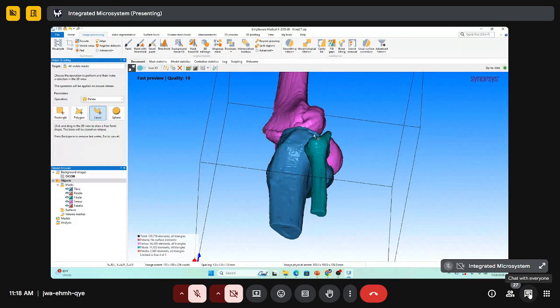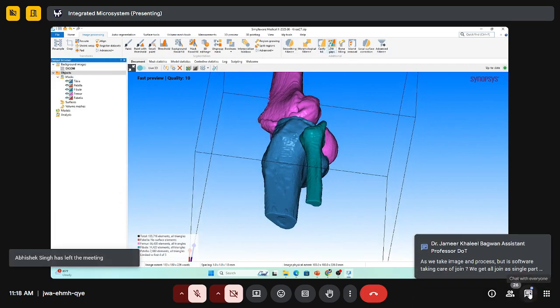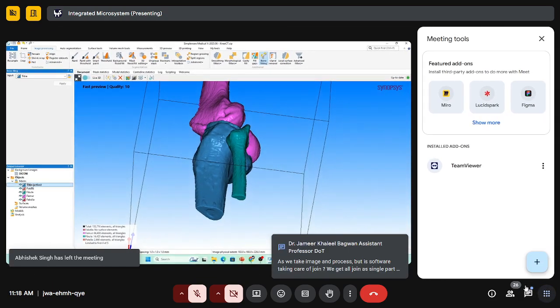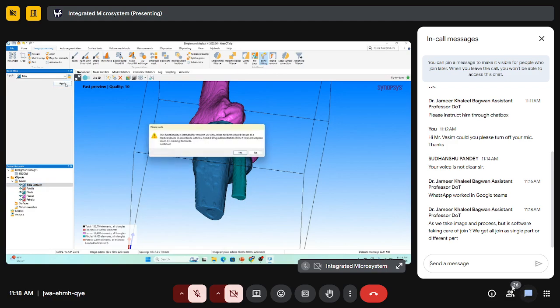If you want to use the bone filling section, it already does the bone filling. But if you still want to use the bone filling section, it is only for one click. So basically, it does for different parts. So first we are using it for tibia. So now clicking on the apply section,